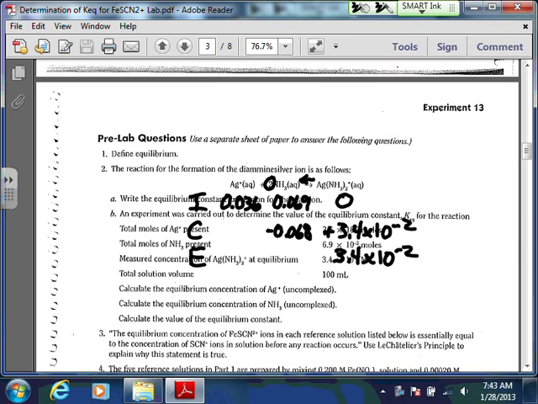And then the 0.036, actually, if I want to rewrite that, the 3.4 times 10 to the negative second, it is just 0.034. Okay, so what I end up with here is 0.002 and 0.001 for my ending concentrations here, which again can be expressed as 2 times 10 to the negative third for the Ag plus, and 1 times 10 to the negative third